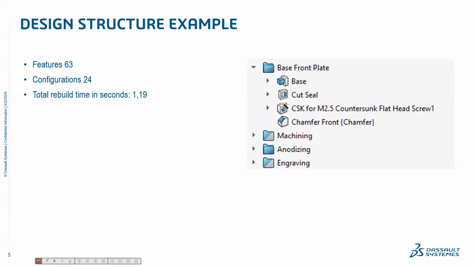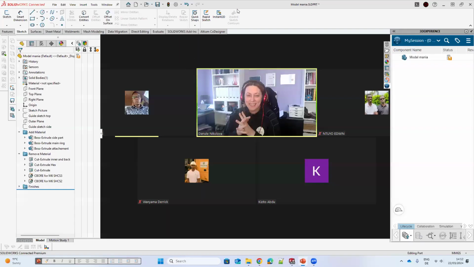Because everything is done with design intent. And what you see on the right side is actually a screenshot from this particular model with this structure example. And now we will go to SolidWorks,